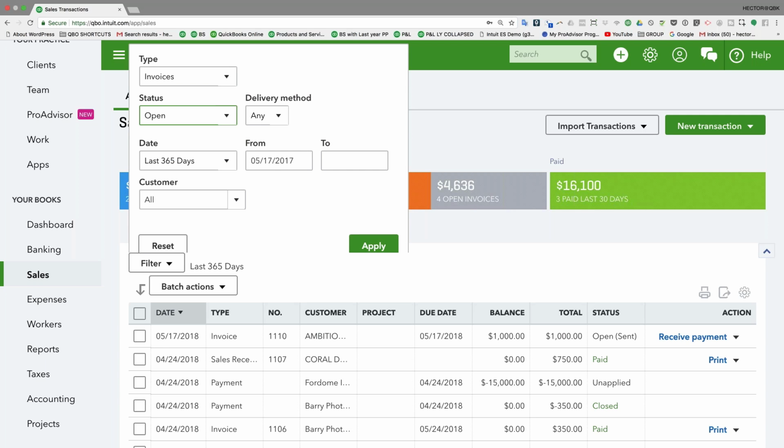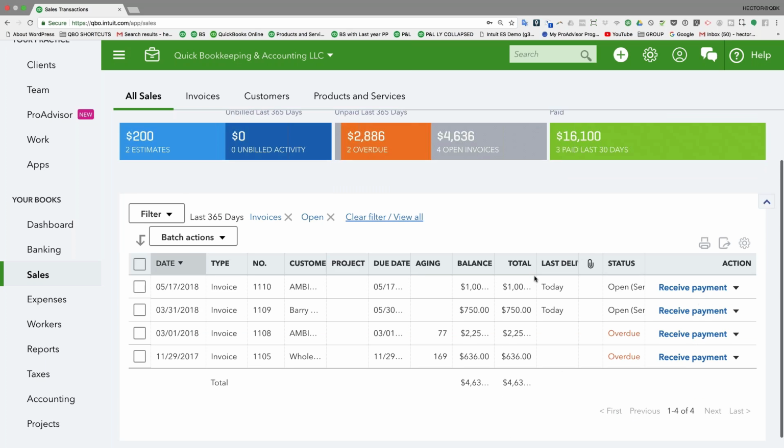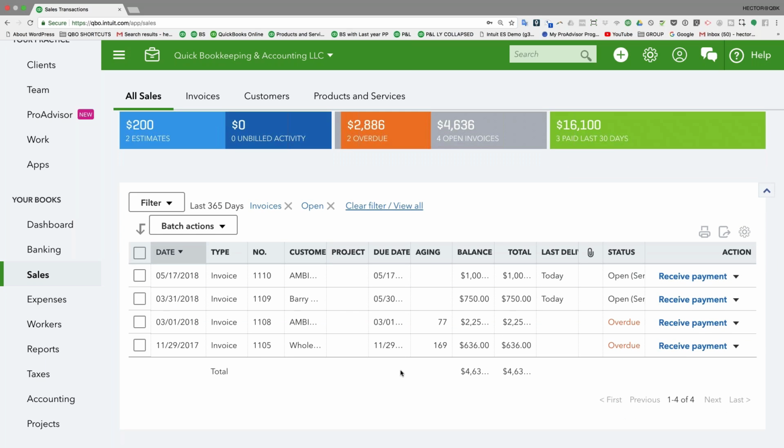That way I'm only looking at open invoices, and then I click on apply. And then this will essentially be a report that shows me all of my open invoices. Now I can actually click on this little export button here, and I can export this to Excel, which actually